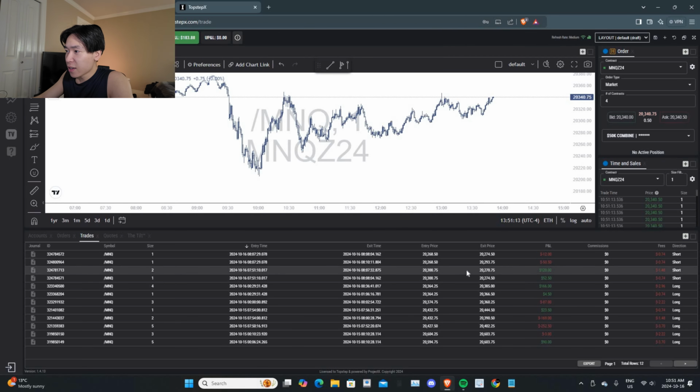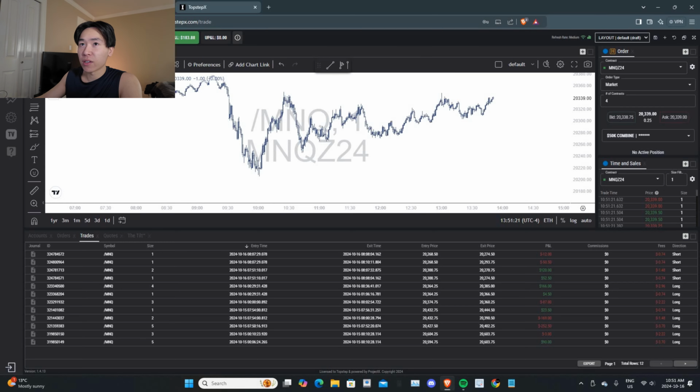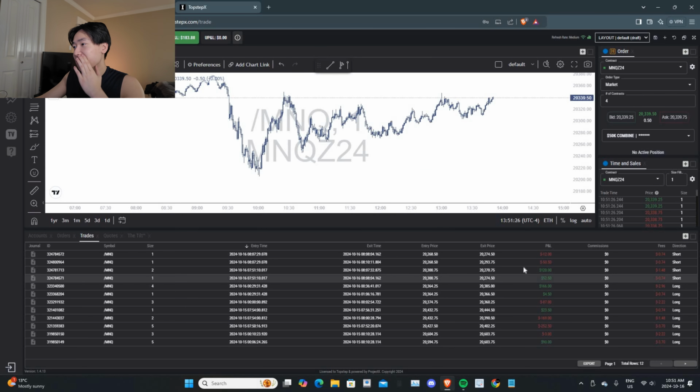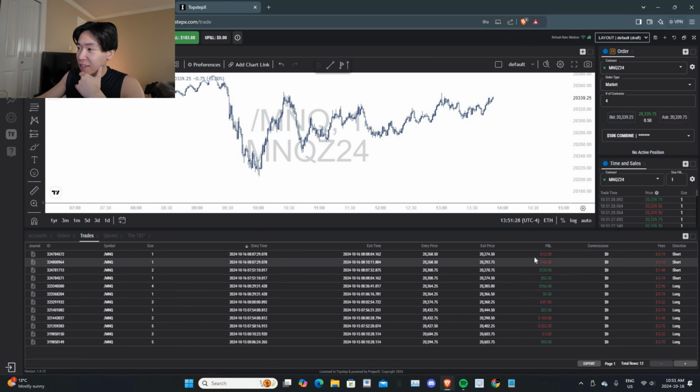So I quickly sold, and I ended up leaving 1 contract, and the entry on that 1 contract was so bad, price started to reverse on us, and that's when I took a $50 loss, right here. I took these 2 losses just because I misclicked